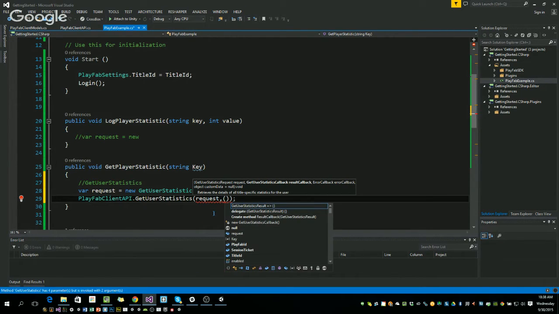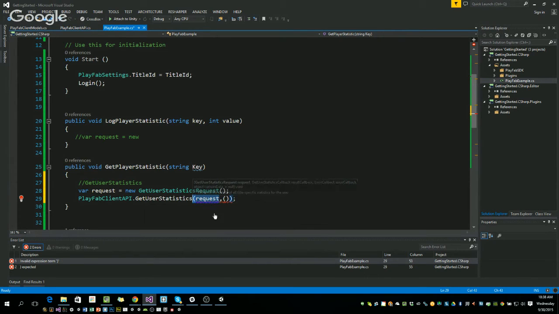Now, all of our API calls work exactly the same way. You have a request object, and most request objects have some sort of parameters that you want to assign in that request, and then you have a result and an error. So we're just following the same exact pattern every time. So we're going to get our result,